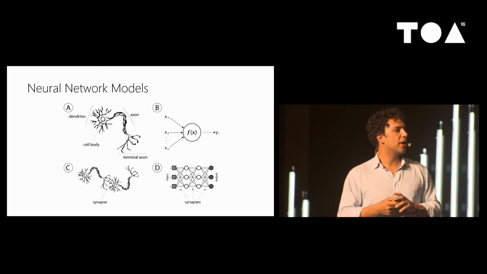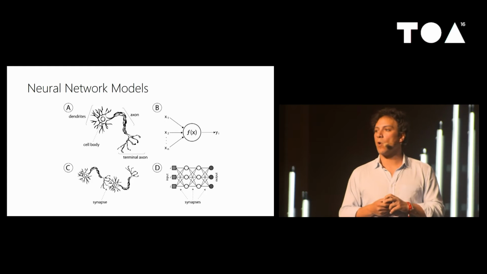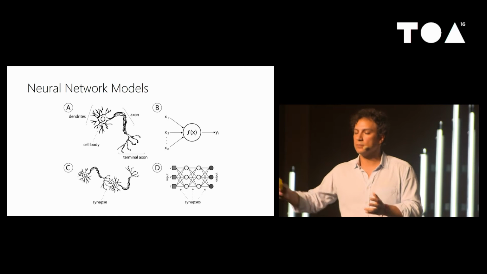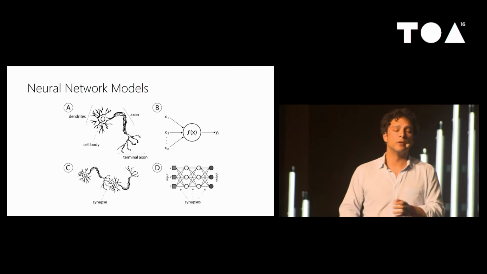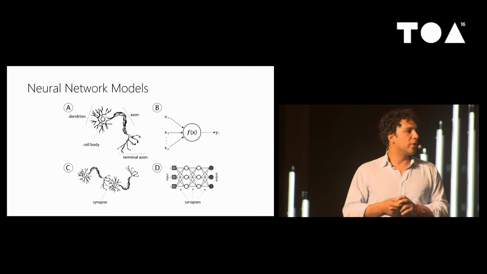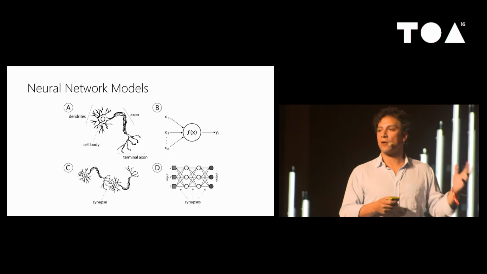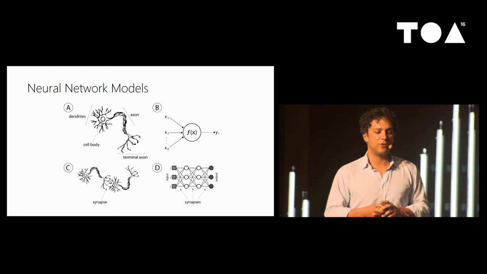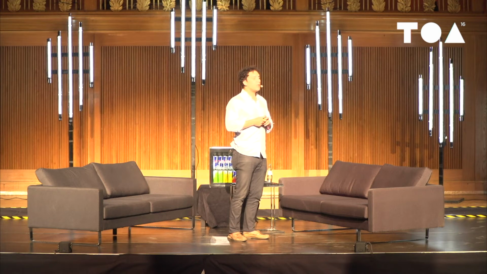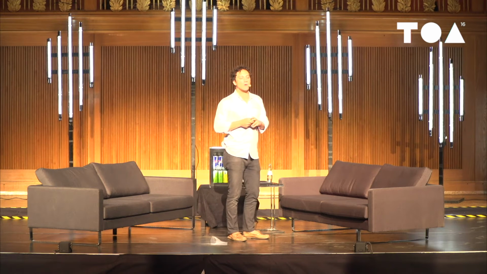But we can do the same thing for artificial neurons. We can wire them up so they stack on top of each other. The output of one becomes the input to another. And we have the same sort of analog to synapses in the computer. And this is an artificial neural network. This is a relatively simple explanation, but the artificial neural network is kind of the key workhorse behind all of the things that you hear about, all the advances in AI that you'll hear about today and in the press and in the media. So hopefully that makes sense.